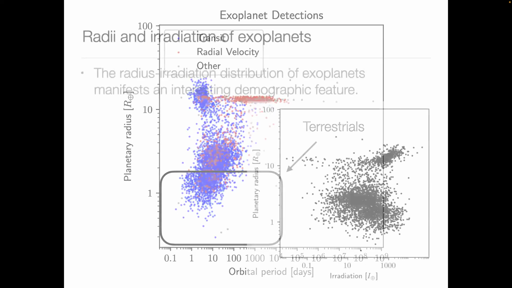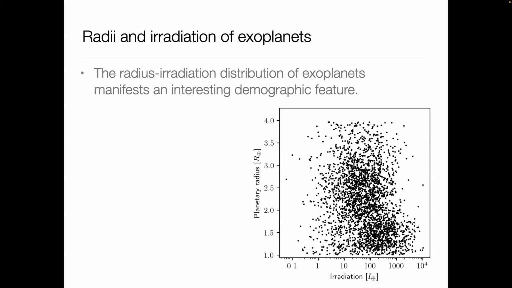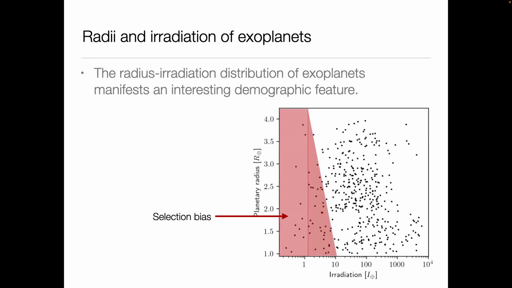Now, if we focus on the small exoplanets, which I will now highlight here, and zoom in on that area, you'll see basically some underdensity of points to the left. And that's one thing you should expect because of the transit probability. I want to highlight that because the transit probability is so low going to the left, we have an underlying population, we have a lot of planets, but we are not detecting them. So we have a strong selection bias against going to the left on this plot. So instead, we go to the right. That's what we do. We are trying to make sense out of things we can actually measure.